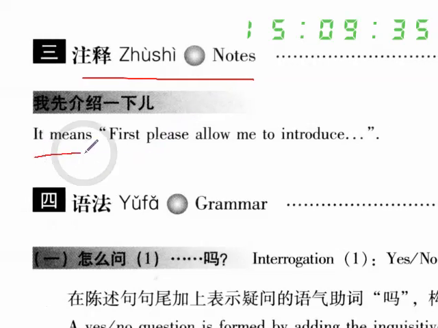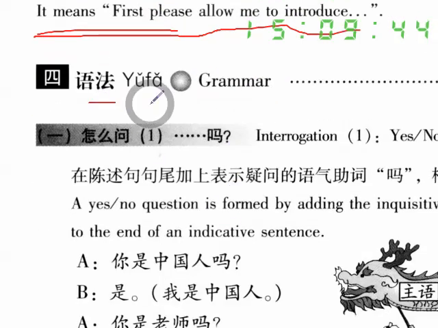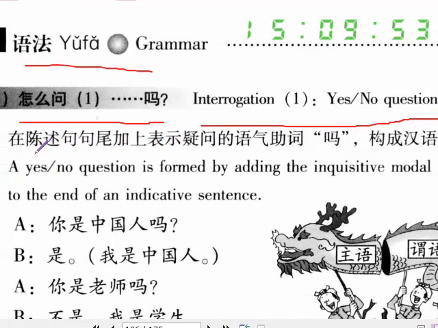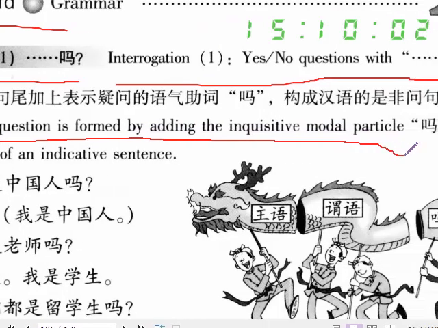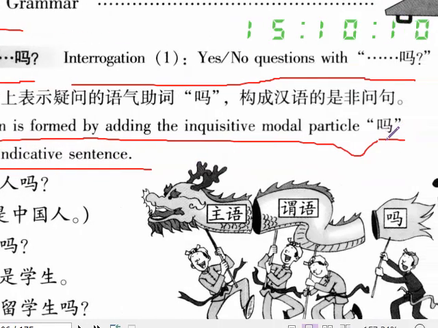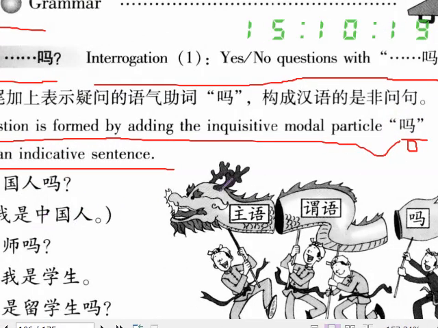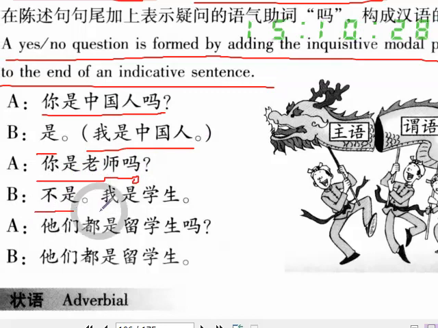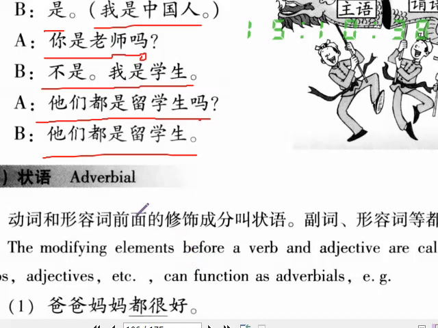注释 notes. 先介绍一下 means first, please allow me to introduce. 用吗怎么问？Yes, no question with 吗。So, yes, no question is formed by adding the inquisitive mode particle 吗 to the end of the indicative sentence. Or like just yes, no question. Just put 吗 at the end of a sentence. 你是中国人吗？是，我是中国人。你是老师吗？不是，我是学生。他们都是留学生吗？他们都是留学生。